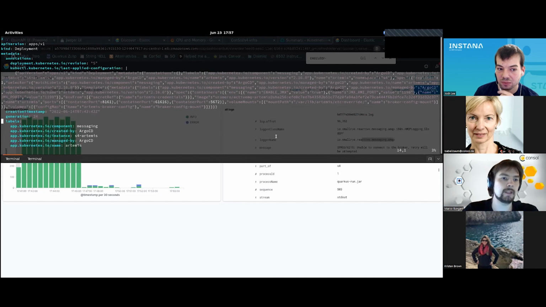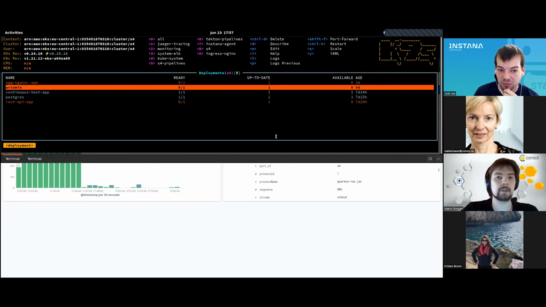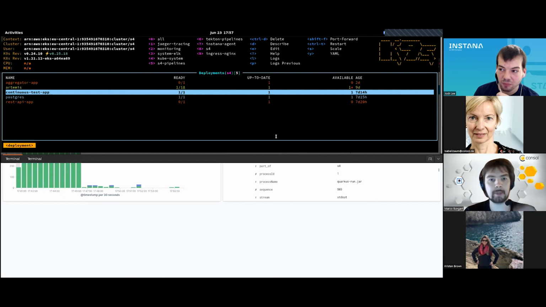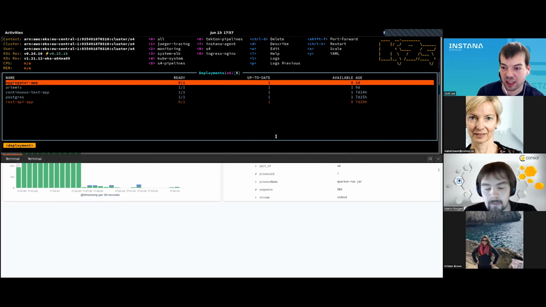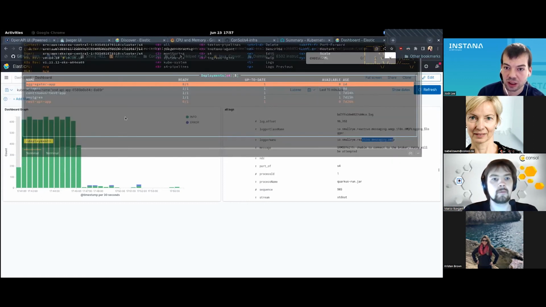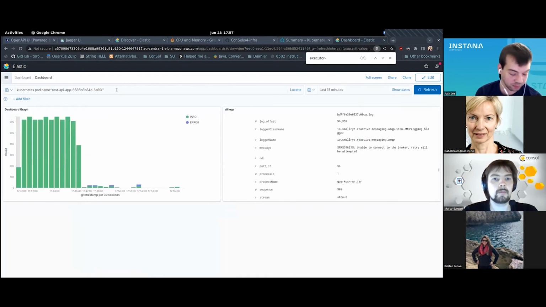So let me scale up the deployment again, simulating that we fix the issue with our Artemis. This will take a second to boot up. We just have 3 minutes left. So while we're waiting, Instana will automatically resolve that issue once it notices the call volume has returned to normal. While we're waiting for that, are there any final questions? There is a final question, it looks like, in the Q&A box.